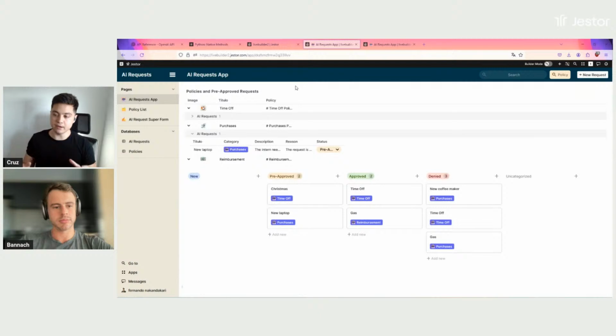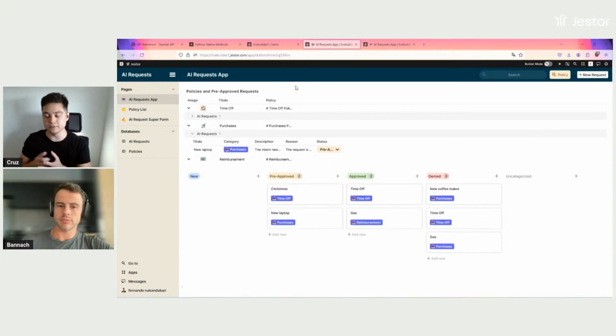So the idea here is to have a centralized part in which you have all of the policies. So you can write your time off policy, your procurement policy, and so on. And then you have the AI compare the request to the policy, to the relevant policy here, and pre-approve or